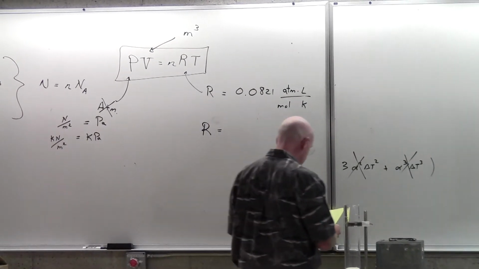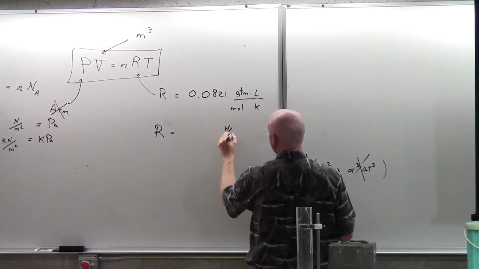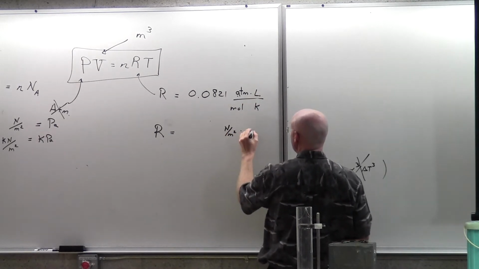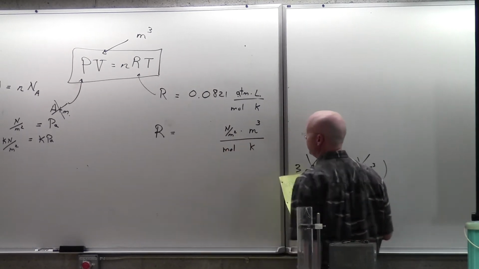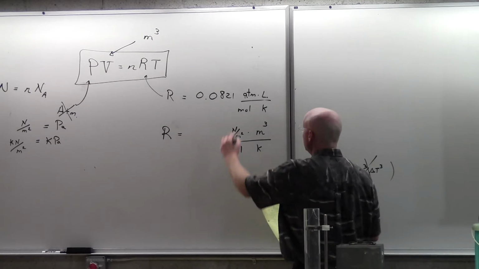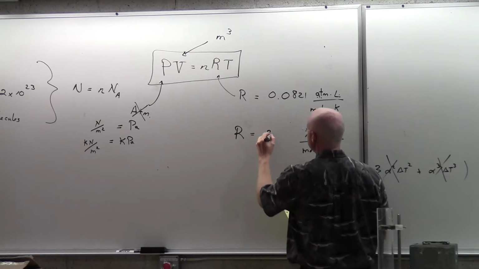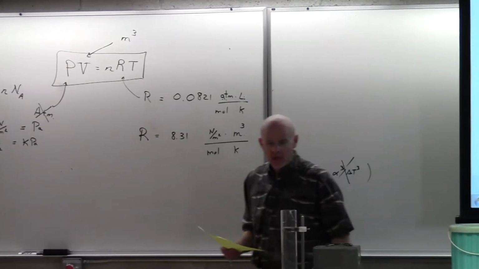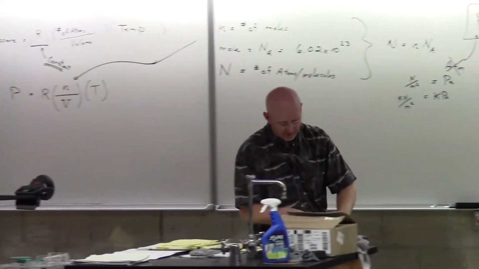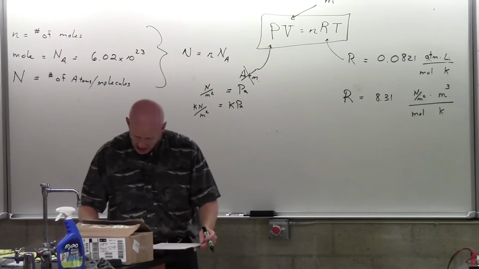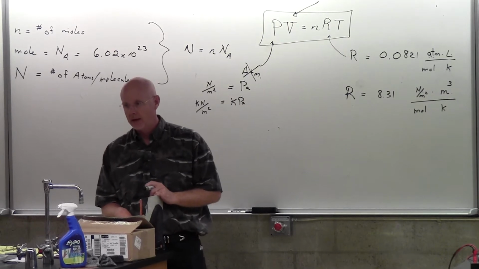So for us, our useful value of R will be a little bit different. Instead of atmospheres, we will have pascals. Instead of liters, we will have cubic meters. We will still do moles. We will still do Kelvin. And if we do a unit conversion from atmospheres to Pascal and liters to cubic meters, you get 8.31. So don't be surprised if you're working on a problem, or in this case, you flip open the front cover and you look in here and it says, hey, what's the ideal gas constant? Oh, there it is. And it says 8.31.